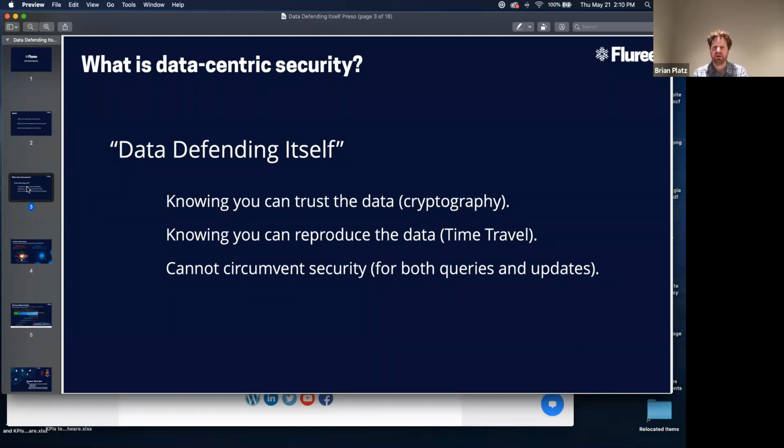So there are certain circumstances in which it is possible to do something like that. But in general, all data is reproducible and provable. And then the third point here, when we say data defending itself, it means that there is no way to circumvent security. And that applies to both data updates, who's allowed to update what information when and under what circumstances,